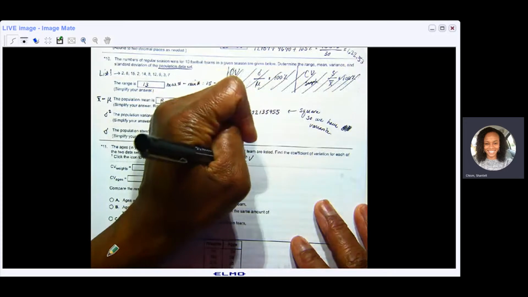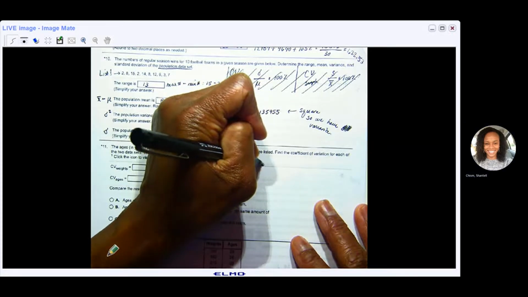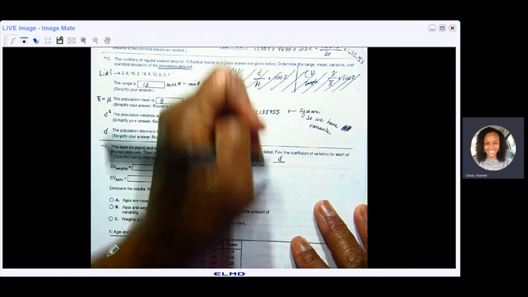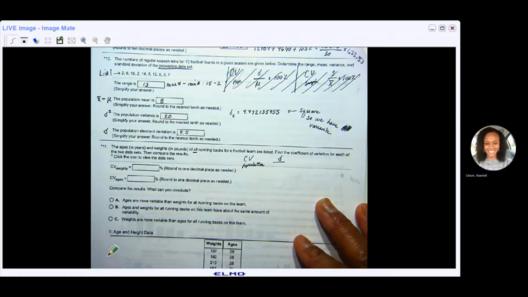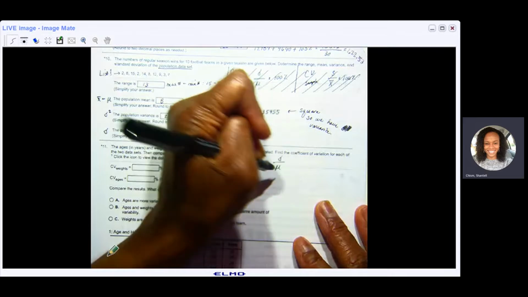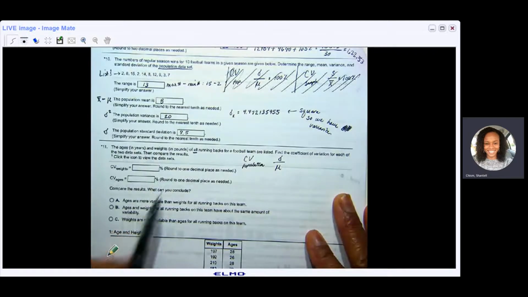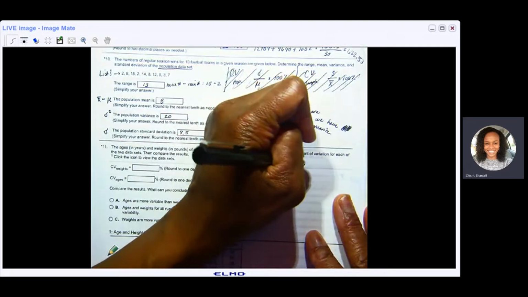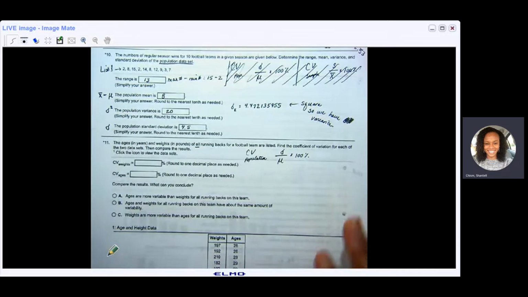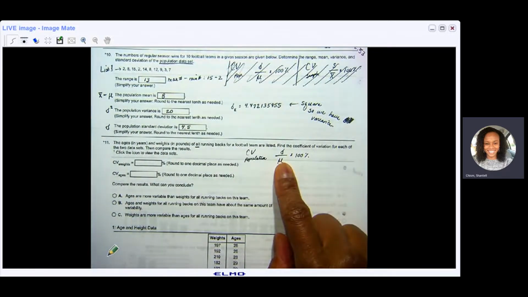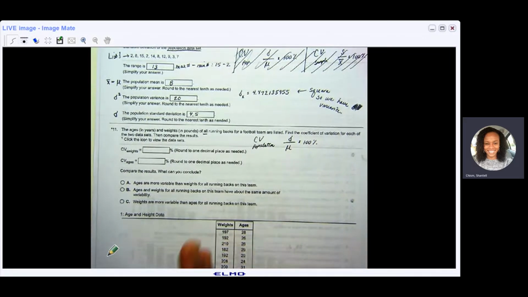So coefficient of variation for a population is sigma, which is the standard deviation, divided by the mean, which in our case is technically mu because we're dealing with a population. And then notice that they do have percent symbols, so we are going to say times 100 to make it a percent. So we will have to use this formula. We'll need the mean and the deviation for both of these sets of data. You'll use the data sets individually. So you'll find the coefficient of variation for the weights and then you'll find the coefficient of variation for the